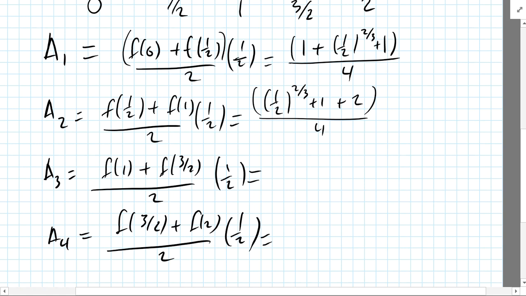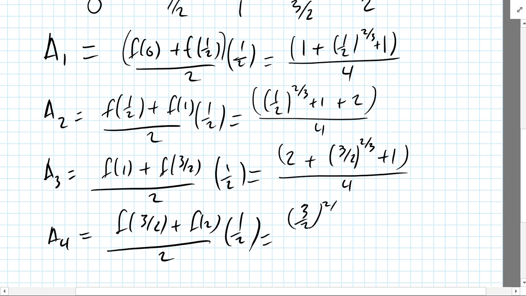For this one, I used the 1 again, which was 2, because it's 1 to the 2/3 power, which is 1 plus 1 is 2, plus 3/2 to the 2/3 power plus 1 over 4. And for the last one, I have the 3/2 to the 2/3 power plus 1 plus